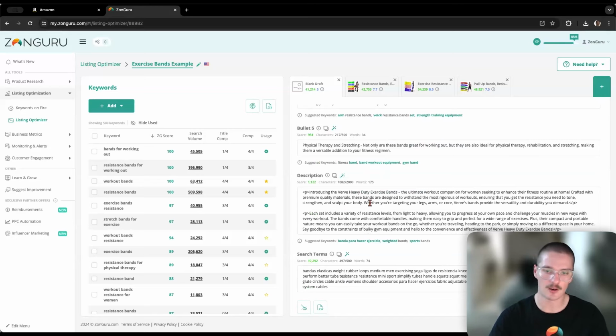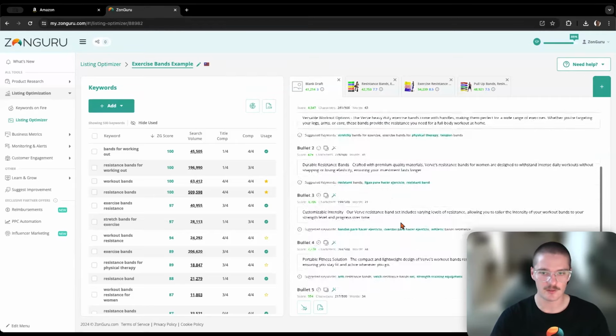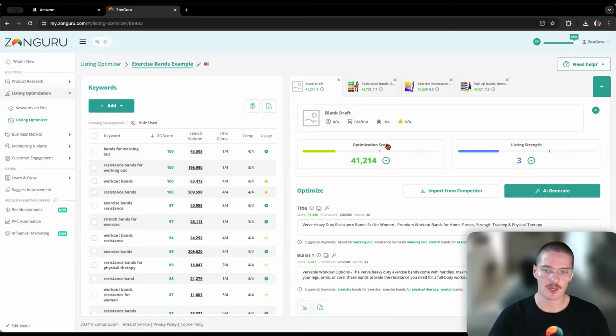In terms of the quality of the actual copy here, we can see it's almost on par, or probably slightly above, but pretty close to what the Amazon AI output. So that's 50-50. The big difference now, though, is we immediately see what our optimization score is, and we know that this optimization score is accurate because we've imported these keywords ourselves. So we can see the search volume of these keywords, the ZonGuru score, we can see the conversion rates, the keyword dollars, those sorts of things, all in Keywords on Fire. So all the keywords we bring in, we know they're going to have an impact. We're not just guessing like we would be with that Amazon AI generator.